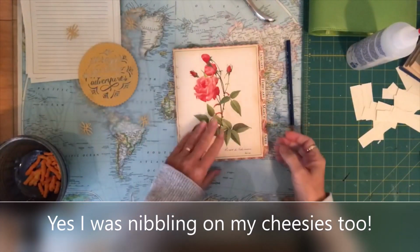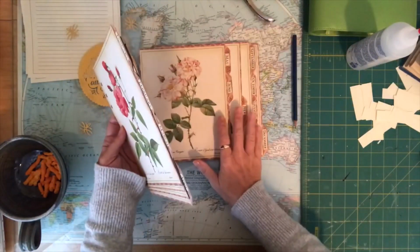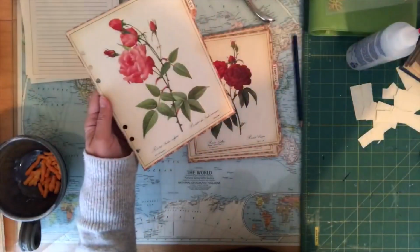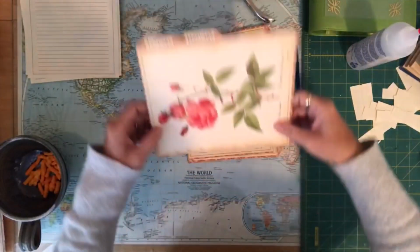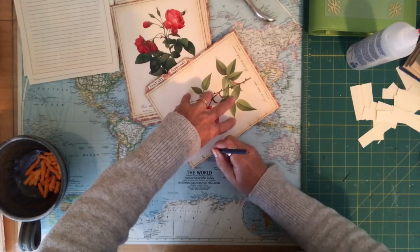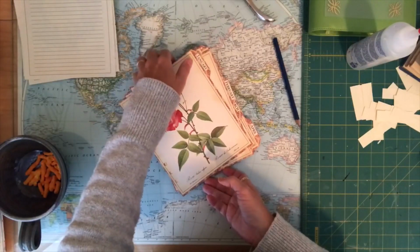I have now finished all the months, attached them to the file folders. And what I'm going to do is, so I've got them all done, October, November, December. I've already punched the January one using my template from the actual binder. So I'm going to set that aside, and then I'm going to use this as my template, and make sure that these all match up perfectly. And then I'm going to draw the circles from this and make sure that they do not move. And I'm going to punch all of these circles like that, so they will all match evenly. I'll punch out all these circles, and then I'm going to empty out the Recollections folio, and I'm going to put these in there,